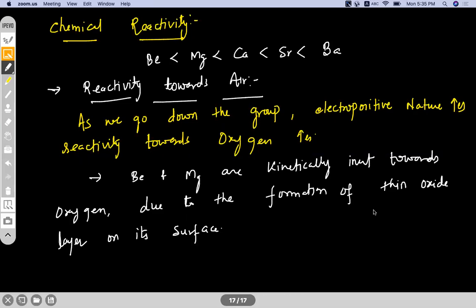But at higher temperature, write down, they react with oxygen and nitrogen, atmospheric oxygen and nitrogen, and form oxides and nitrides. So what type of oxides and nitrides it forms, that is important. For example, you see